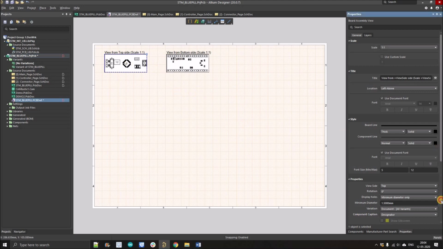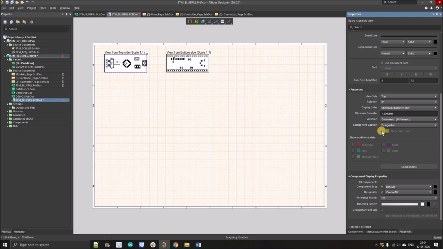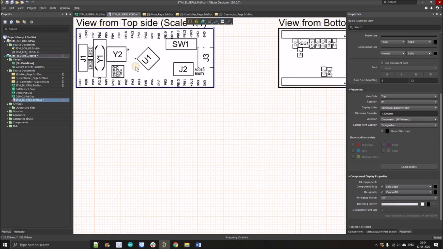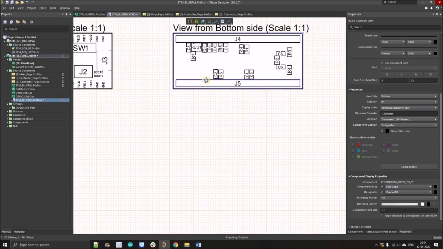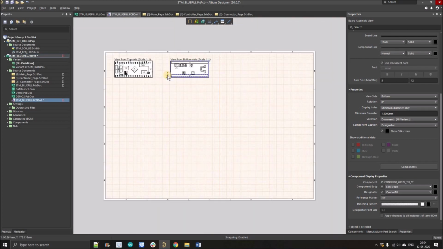So you guys just need to do one change in the setting. The first thing is you have to click over the show silk screen and change its color to black, so it will be kind of visible. Similarly here, right? Now the next step is go to the all component body tab, and here you have to just select the silk screen, right? Similarly, you have to do things here. So it will only highlight the silk screen. So if you zoom in, you can simply see all the designators are clearly visible for each component, right? So you can easily place components here.